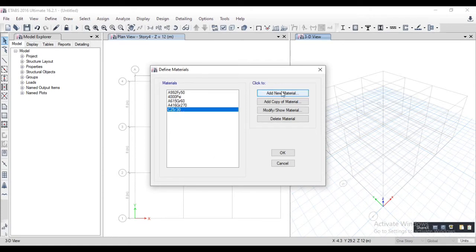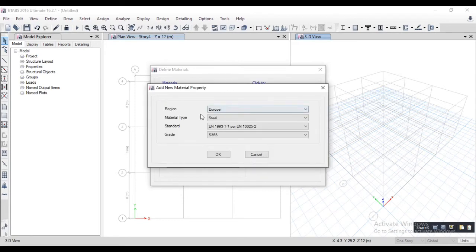After this we will define steel material property. Material type is steel, standard code is EN 1993. For steel there are four grades: S235, S275, S355 and S455.